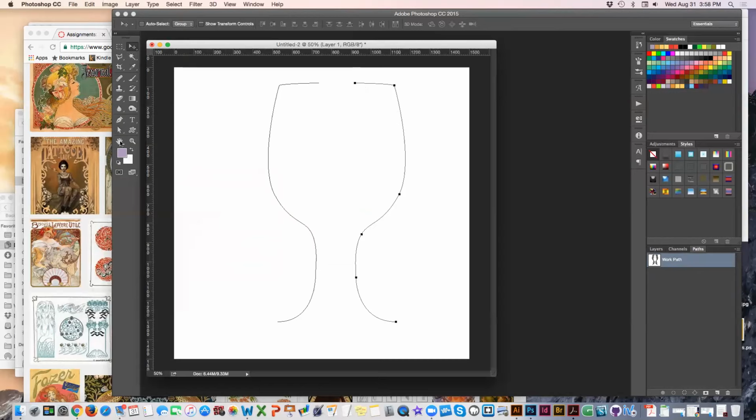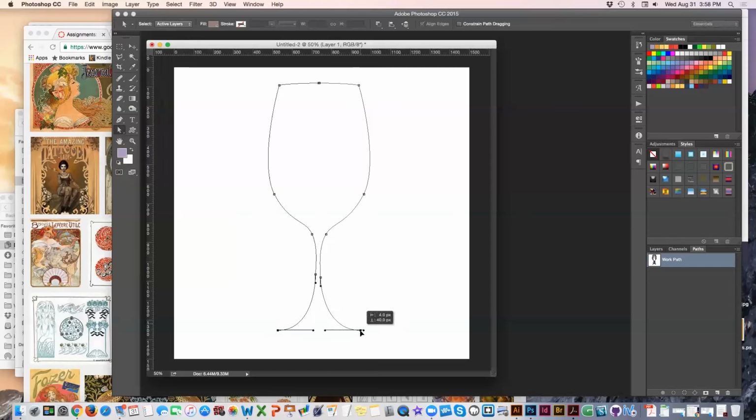Probably the more useful tool is the white arrow tool with the pen tool here. So little things like this,